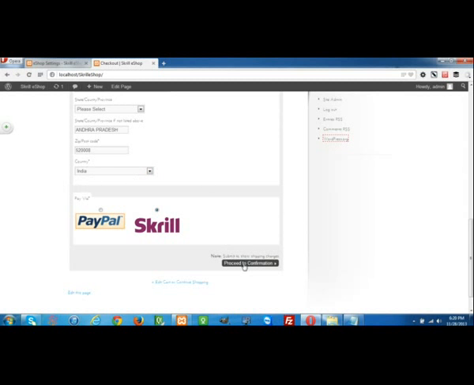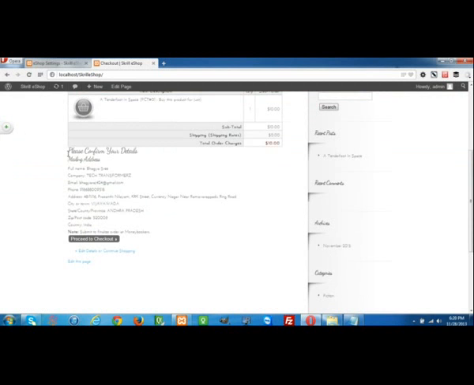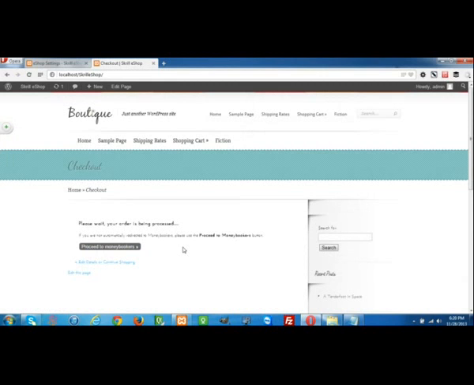Now we'll proceed to confirmation, and here are the confirmation details, and proceed to checkout. And remember that, like PayPal, Moneybookers won't allow the auto redirection method. Instead, we have to click on the button.